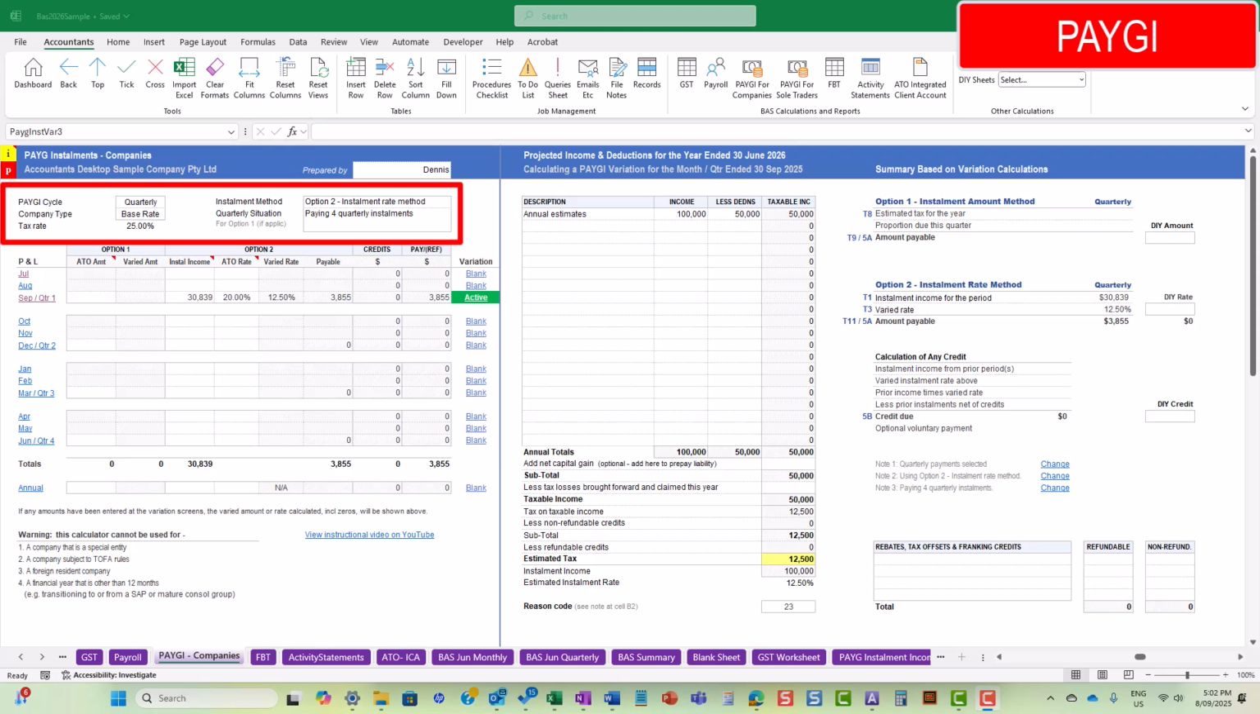It's important to make sure that all of the information needed for the variation, such as the PAYG cycle, company type, instalment method, and the quarterly situation if applicable, have been appropriately selected at the top of the sheet. It's also important to show details of prior activity statements so that should there be a credit available, it can